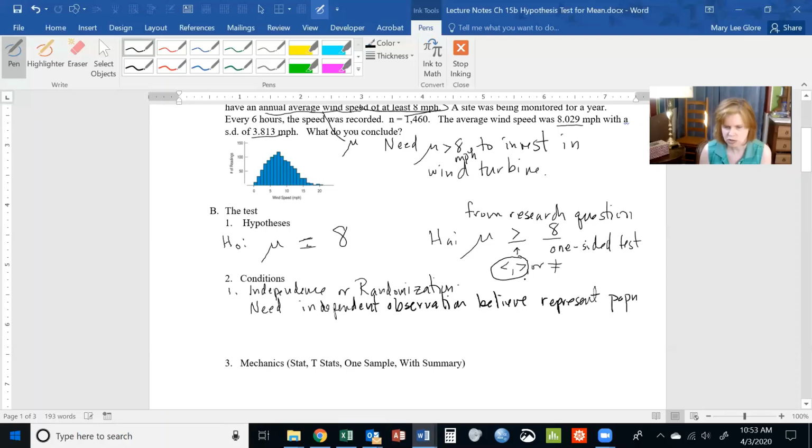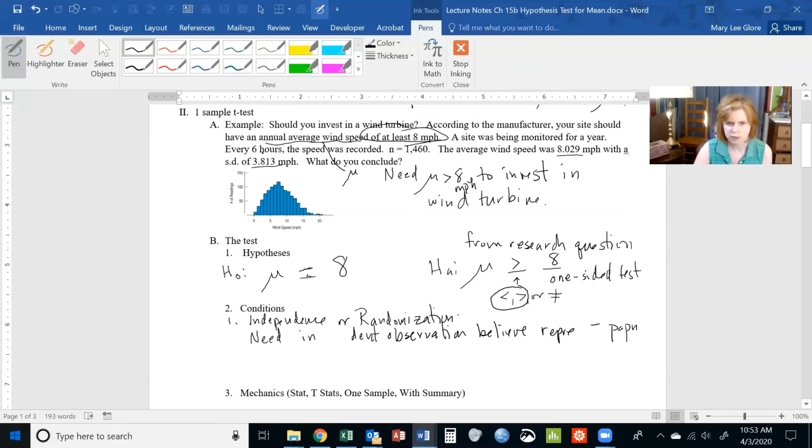All right, the population here is all years, all times, because in our sample that we have,